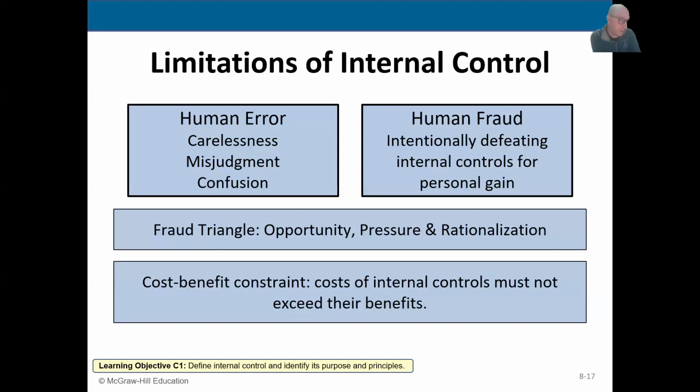Another limitation of internal controls, fraud. There's always somebody who's looking to game the system somewhere, and they purposely do something for personal gain, right? Overriding, one of my favorite ones. I mean, it just bothers me a lot. But so those of you who know,